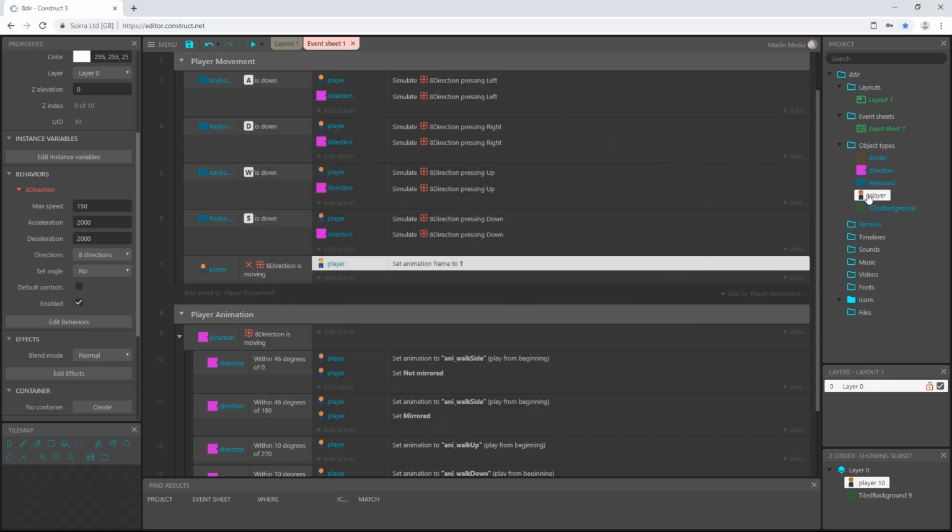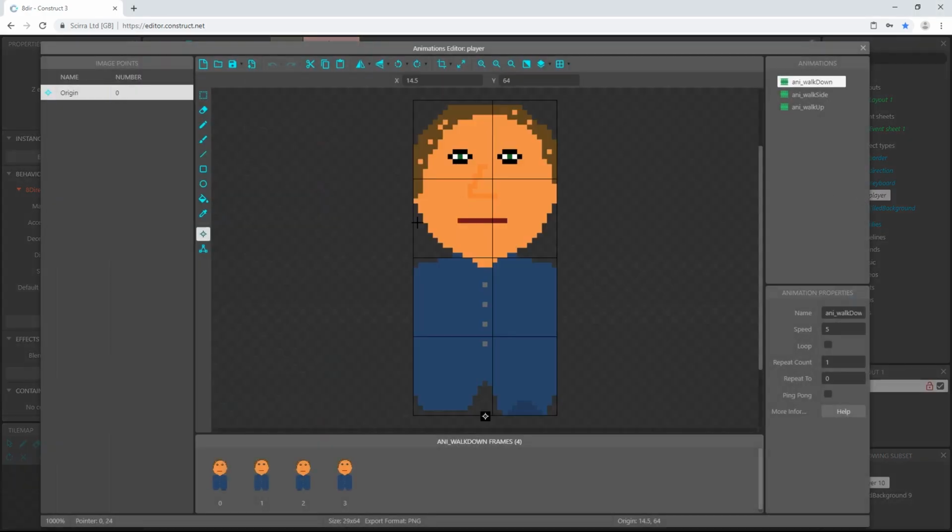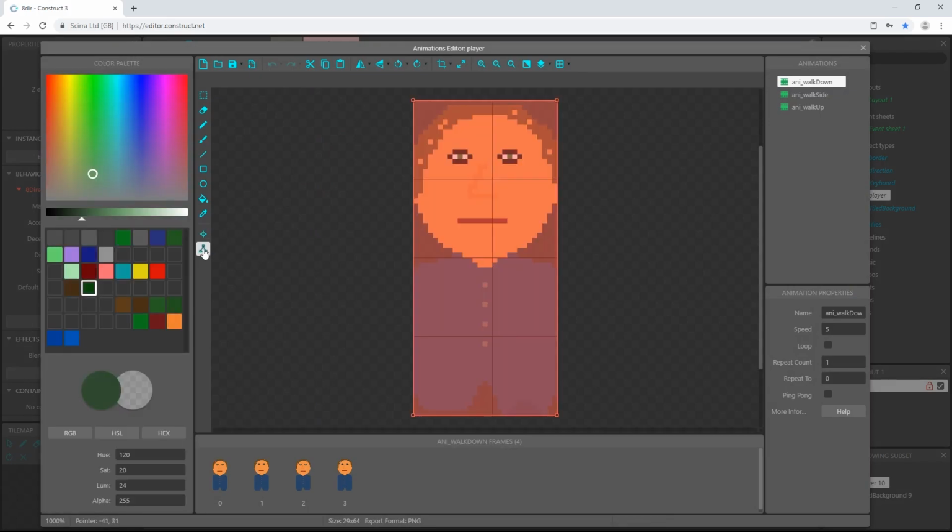One more thing I want to change. Let's go into our player sprite and let's pick the collision polygon. And this can be on any frame of any animation. We're going to move all these points, well, 2 points, the top 2 points, down to about his waist area.